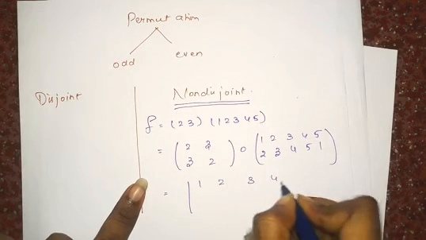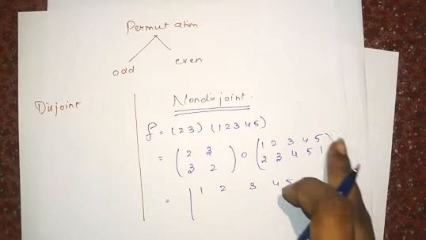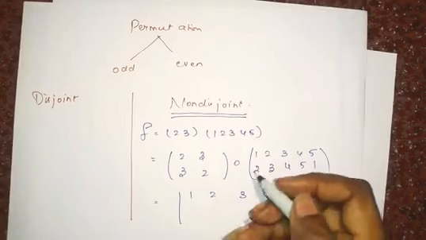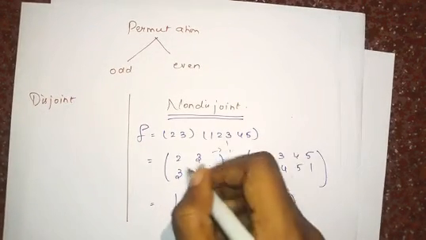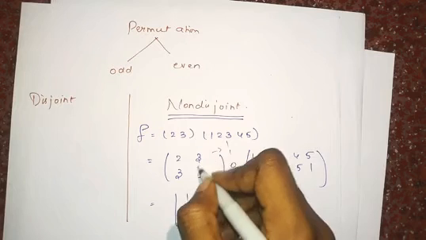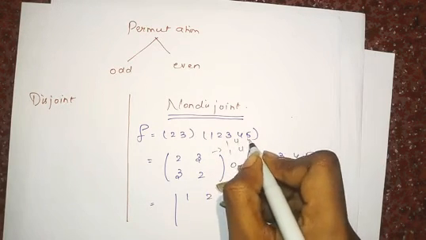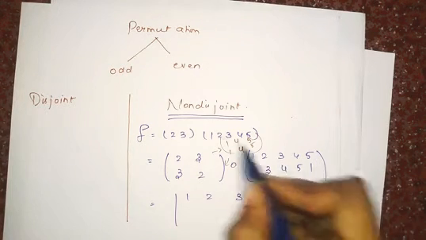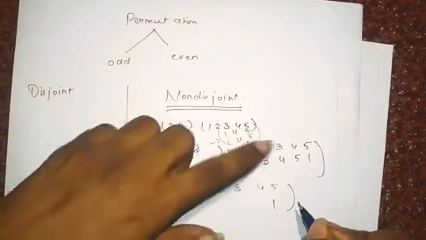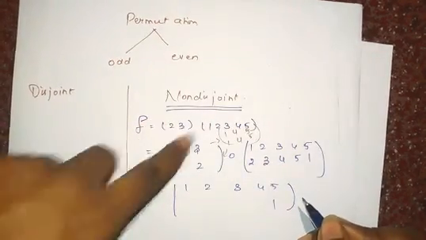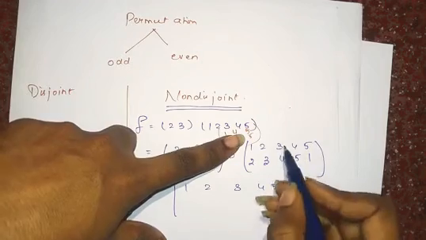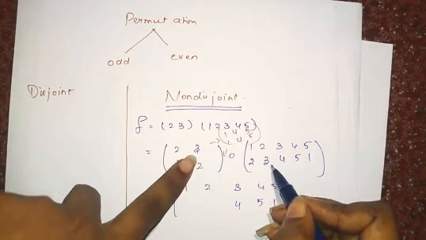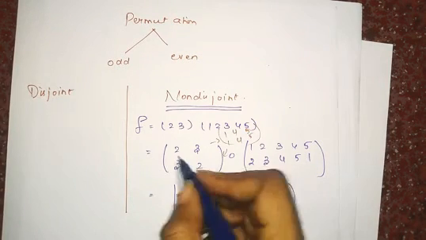1, 2, 3, 4, 5. Since 5 is mapped to 1, there is no 1 here, so it means it is an identity mapping. 1 is mapped to 1, 4 is mapped to 4, 5 is mapped to 5 itself. 5 is mapped to 1, 1 is mapped to 1 itself. 4 is mapped to 5, and 5 is mapped to 5 itself. 3 is mapped to 4, 4 is mapped to 4. 2 is mapped to 3, 3 is mapped to 2, 1 is mapped to 2, and 2 is mapped to 3.